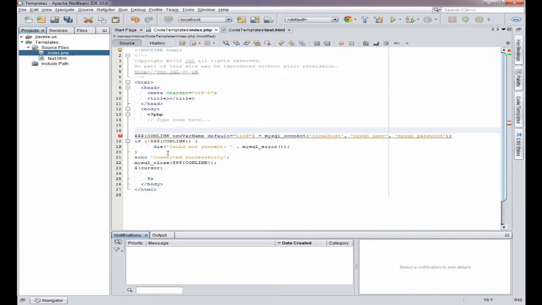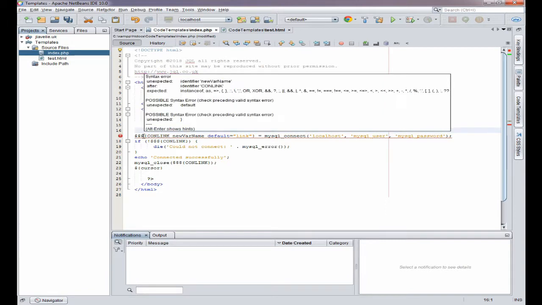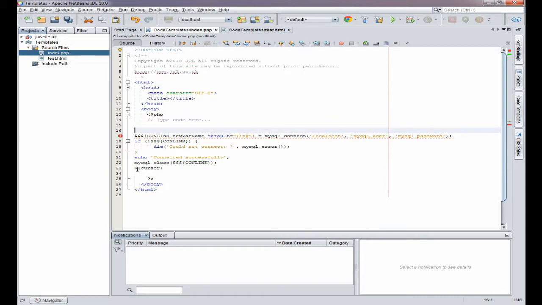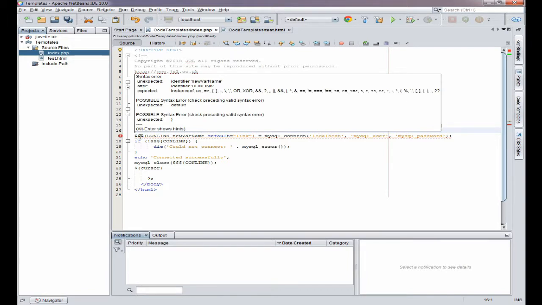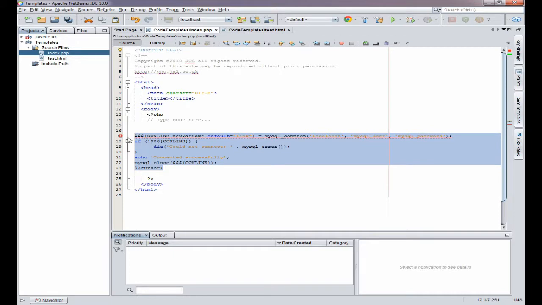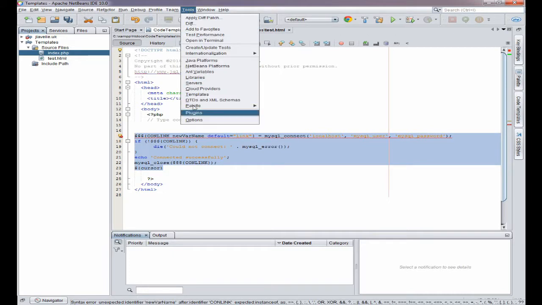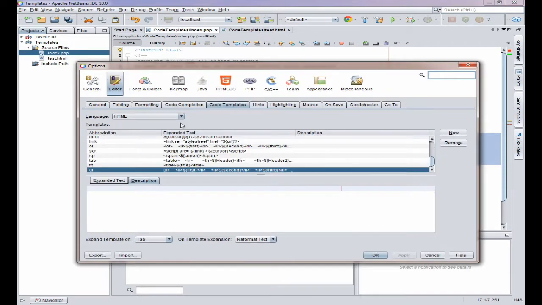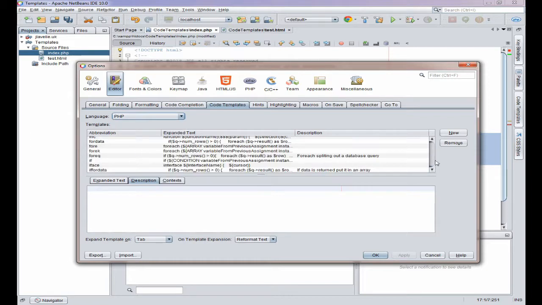Now the $3 means that this is going to be a variable, because the $1 sign is for the code completion, so you've got to escape it, and to escape it, it's a $. So there are $3 there. So if I just highlight that, Control C, come into Tools, Options, down to PHP, oops, and we want